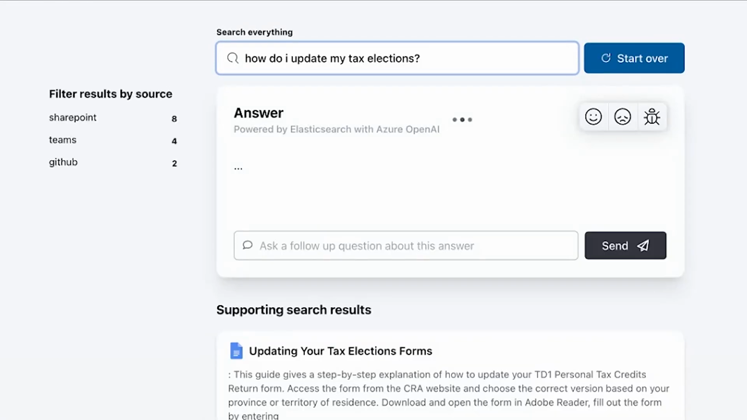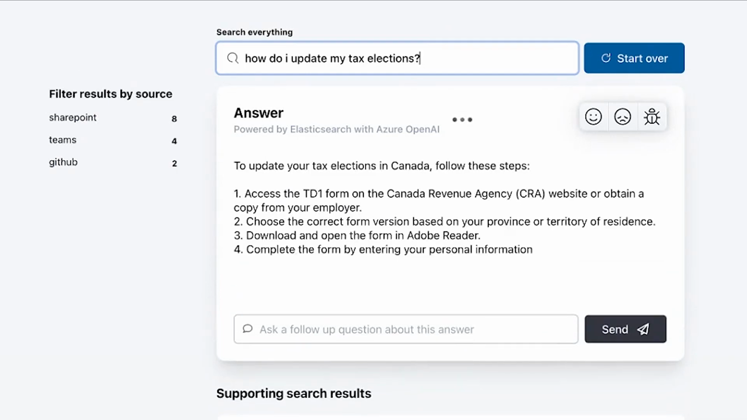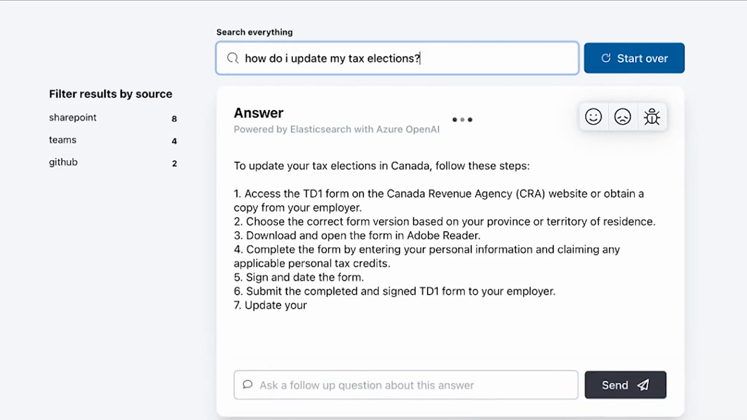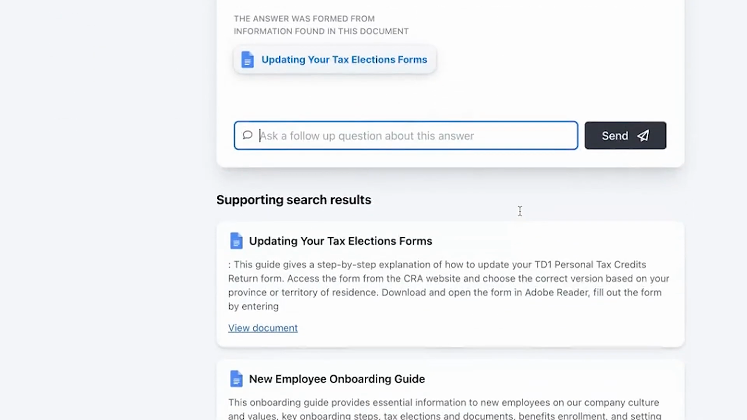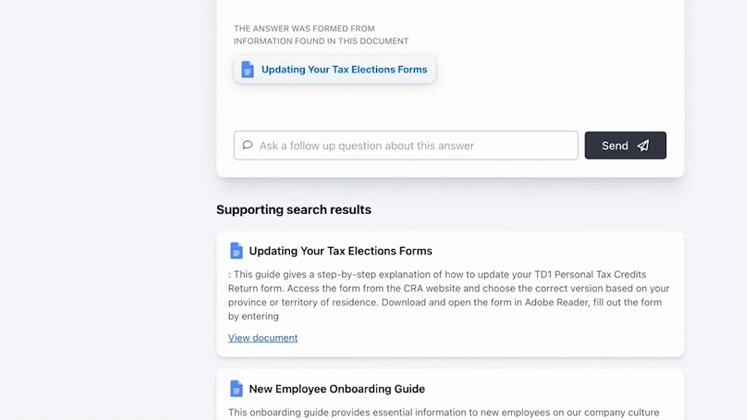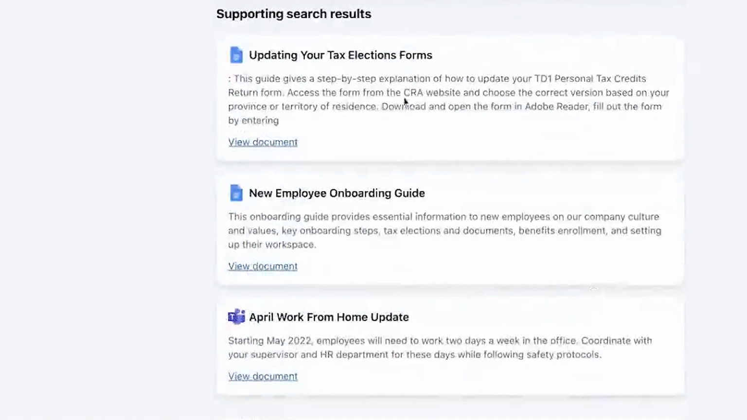So that's going to be relevant to the employee and probably to the country in which that employee resides. This is a capability that's been standard in Elasticsearch for a long time, the ability to customize search results or personalize them according to the user who is issuing the query. And again, you see the answer here, because the employee who's searching is located in Canada, they're getting tax election